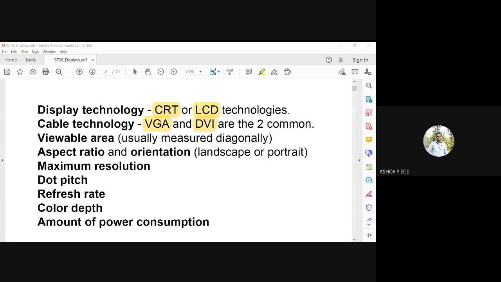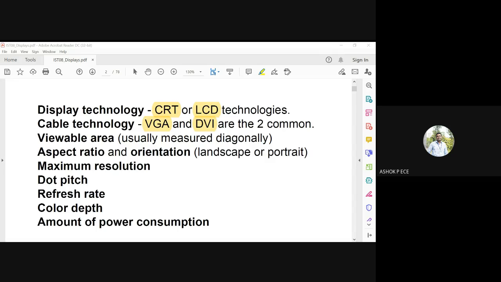devices which are going to give the information to you. For example, if you are going to display something from a computer to your display device, you will connect your computer and display device by this VGA cable.